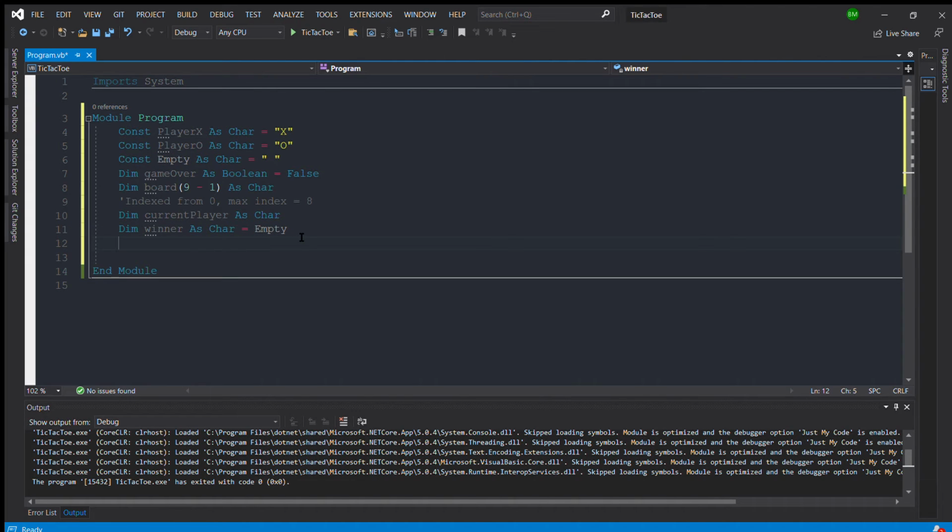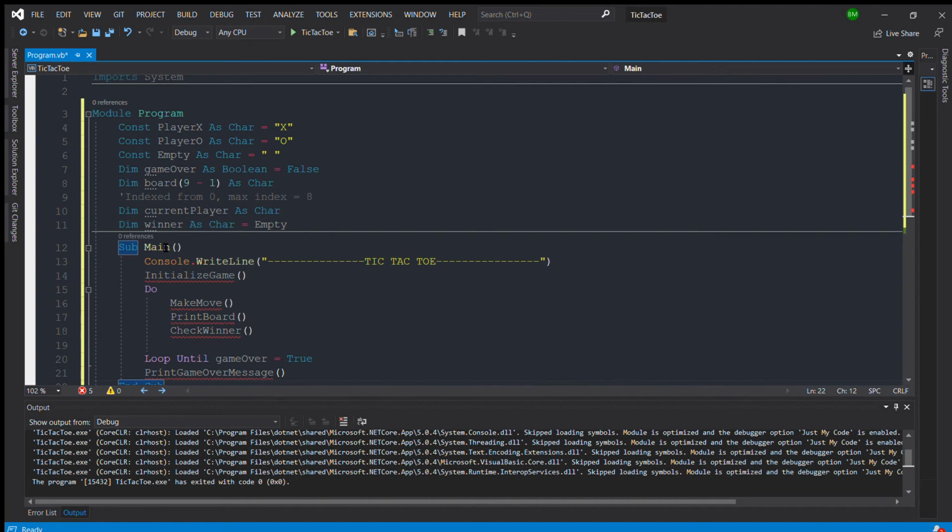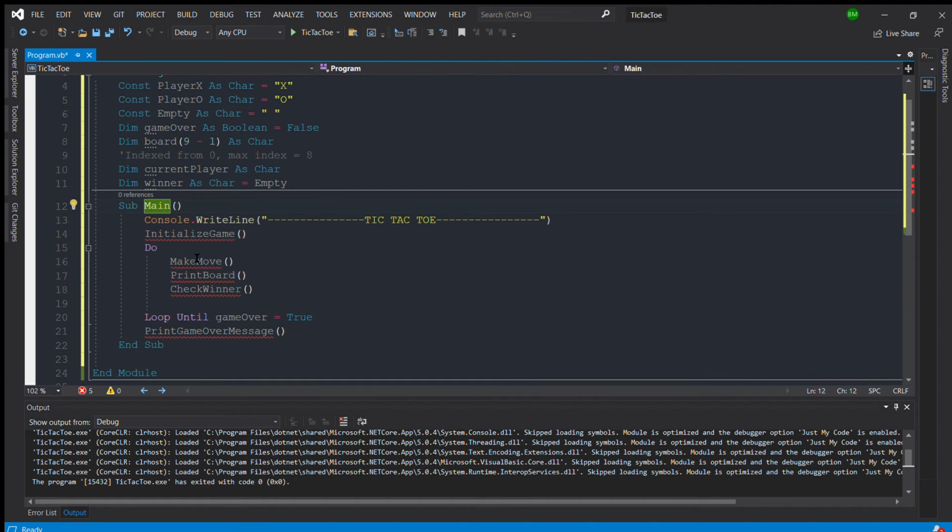So every program in Visual Basic, and if you go into other languages, you might notice that every program has an entry point, where the code starts running, and in Visual Basic, this is Sub Main. A submodule is just a big collection of code. You can call it from any other submodule or function, and it jumps to Sub Main and starts executing the code line by line, in that sequence. So basically I broke down the problem into a couple of submodules